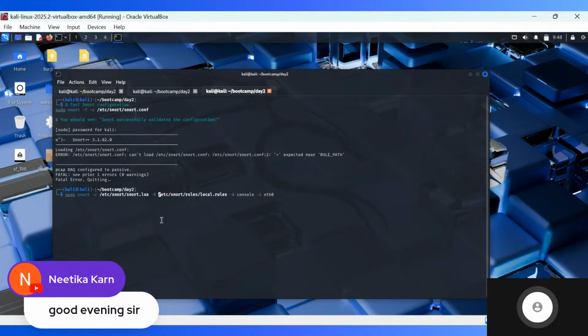So eth1 is what we're using, which has the DHCP connected to the pfSense.